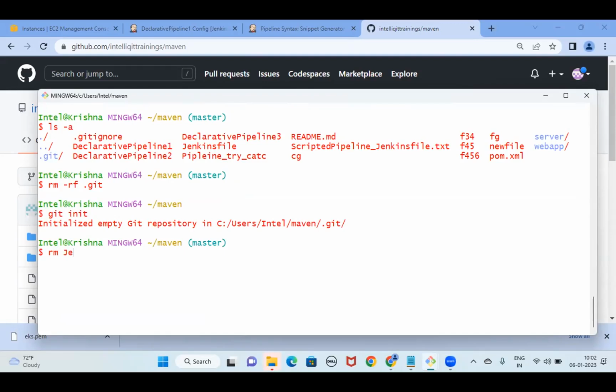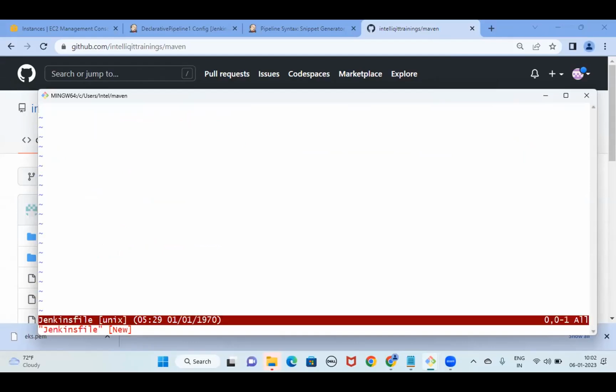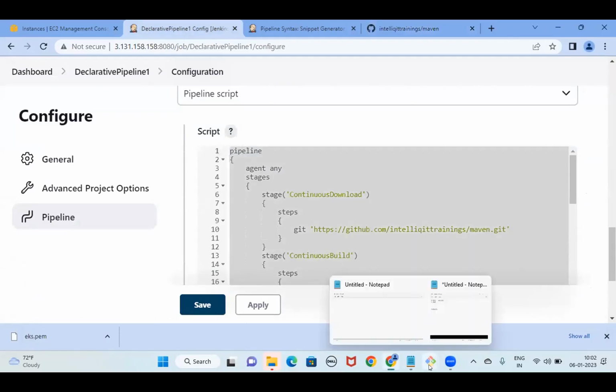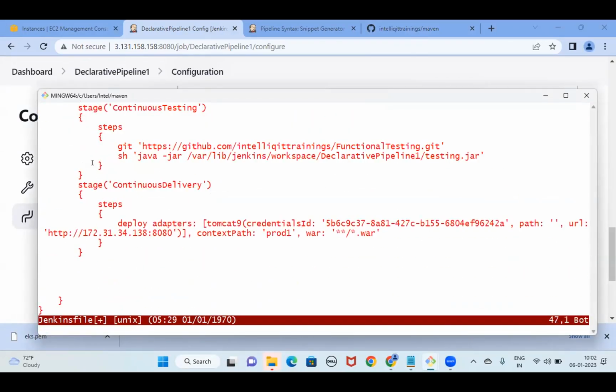Now what I am trying to tell is, developers will create a file called Jenkinsfile. And in this Jenkinsfile, they'll put all the code that you people have created. See, this is the code. I'm just copying that entire code and pasting it into this so-called Jenkinsfile. Whatever code I have created on my Jenkins dashboard, I'm just copying it here. Now, once that is done,